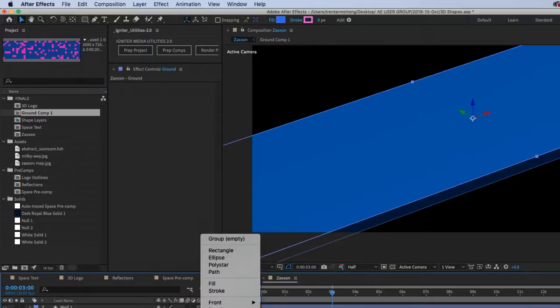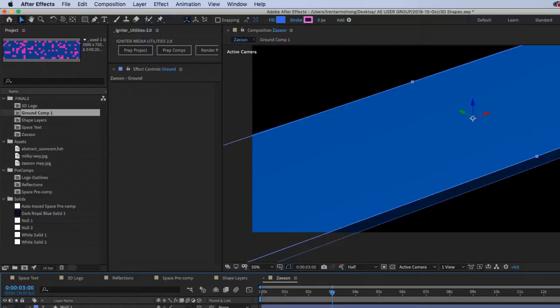I can add that wiggle paths. Big corner. And then I'll take that off like that.